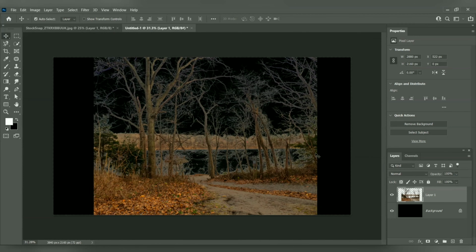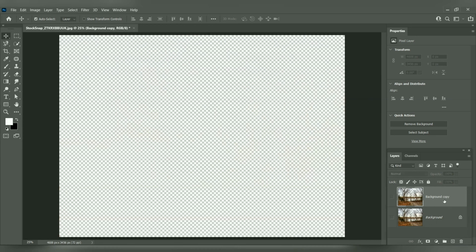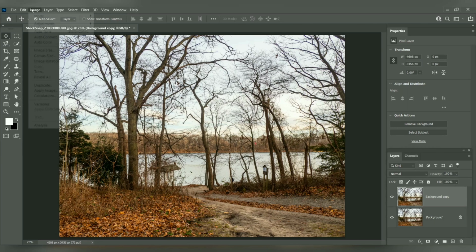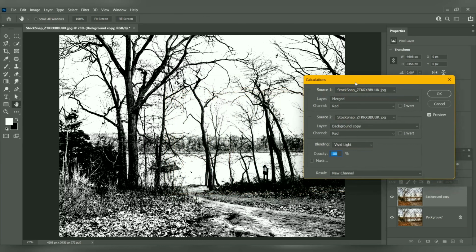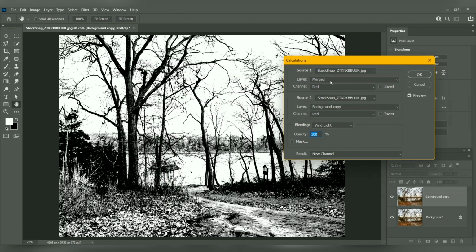Now I will delete this layer to discuss the second way to make a selection of such images. Go to the Image section and click Calculations. There are lots of options, but don't get confused by them. We will select blue here, as you saw earlier that the blue channel has more contrast in it.